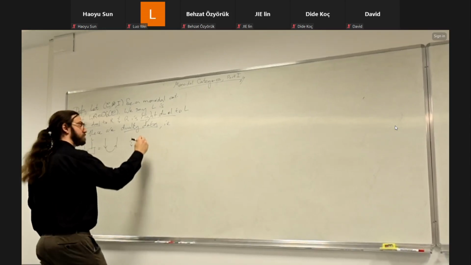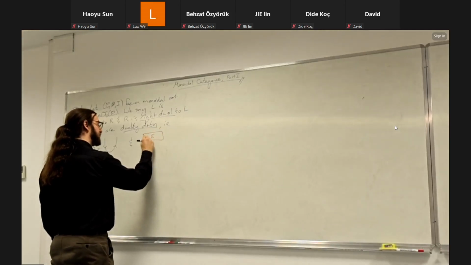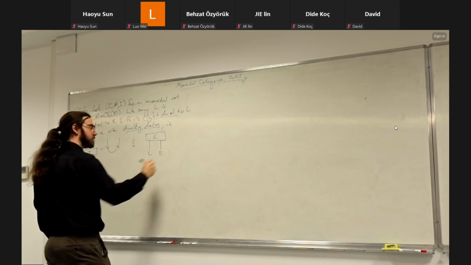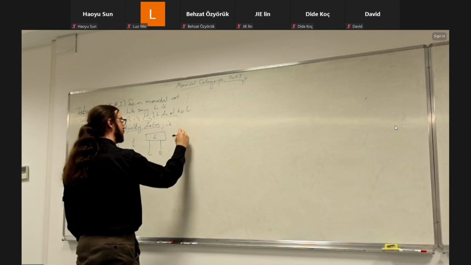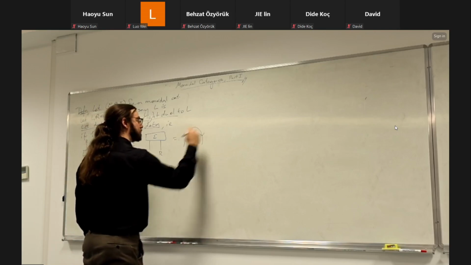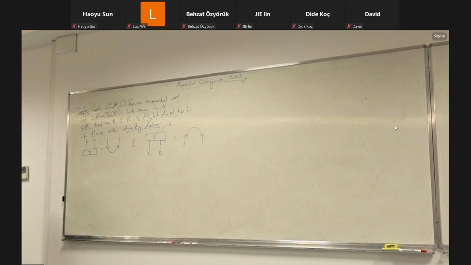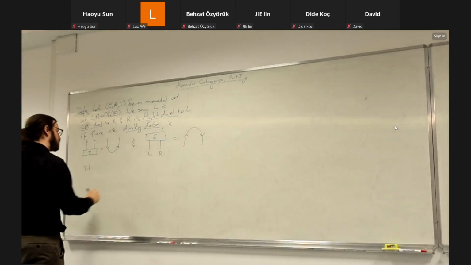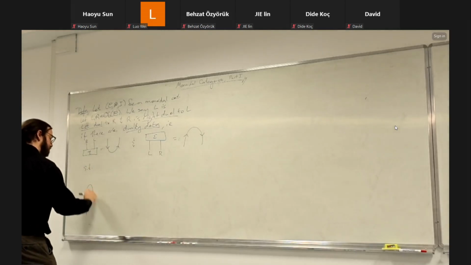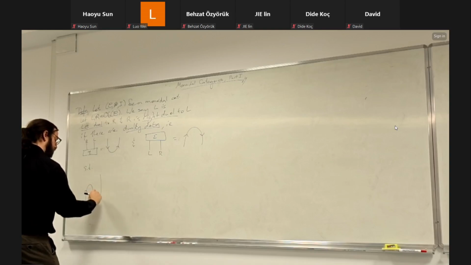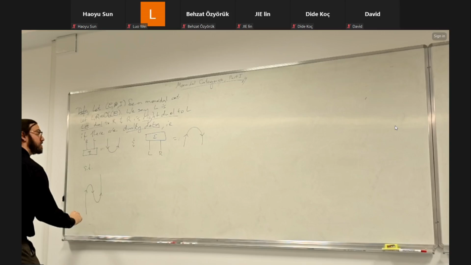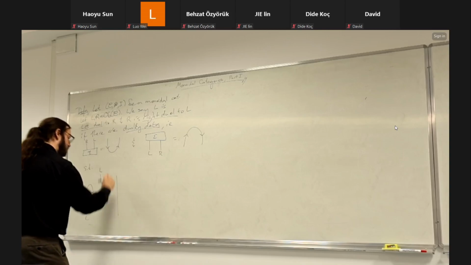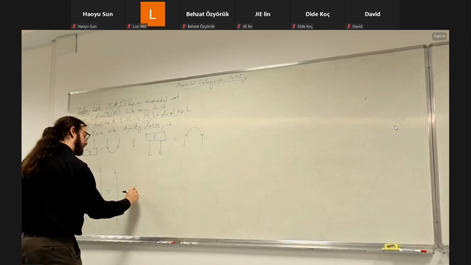And epsilon from L tensor R to I, which again, we're usually going to draw that way, such that this is L, R, L, and